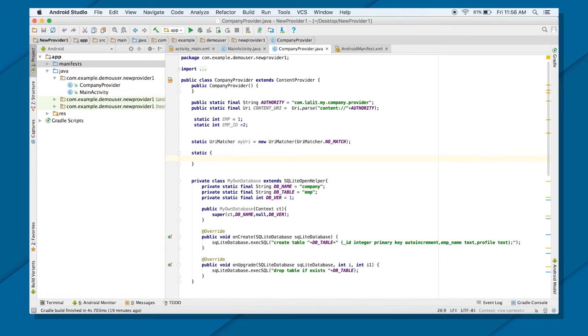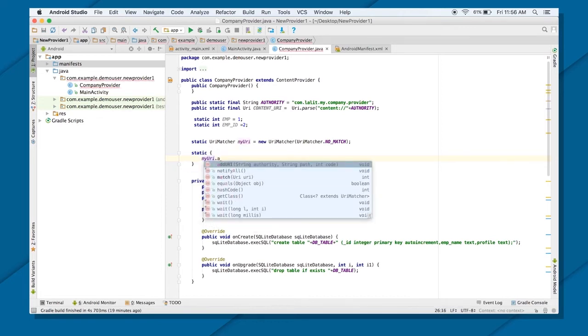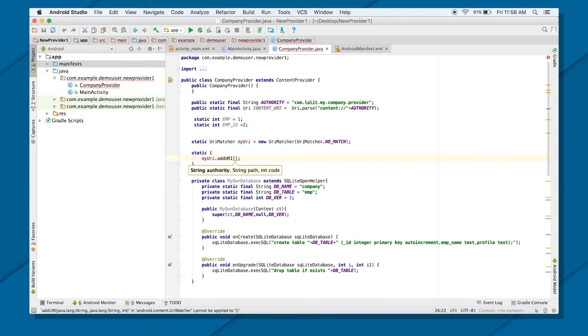So now I want to add some URIs here. So add first authority. Authority is again my authority here, that is com.lalit.mycompany.provider. Second, the path. What is the path? Let's say you want to access the whole table, then you will put the table name here, right?